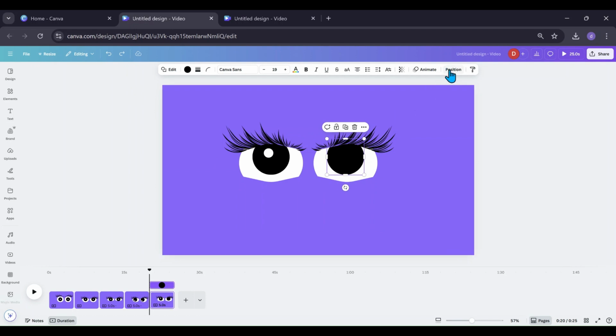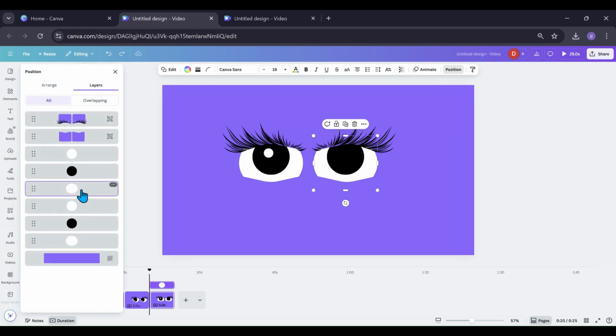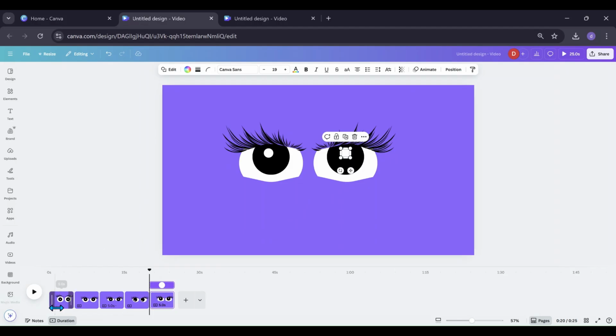Oh, let me get my positions tab. That little white dot's not being... I need the little white dot. There it is. And just move stuff around. I would make like a page of every kind of